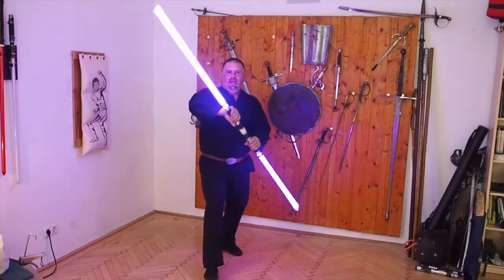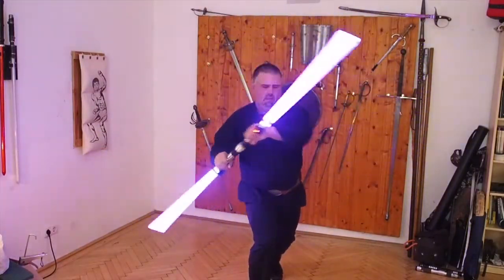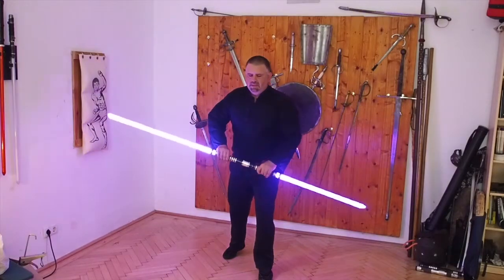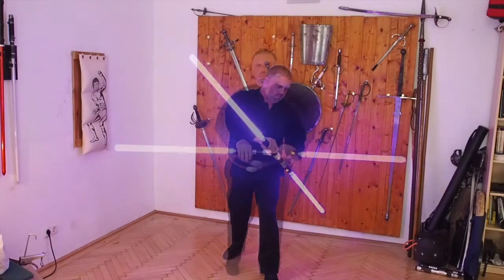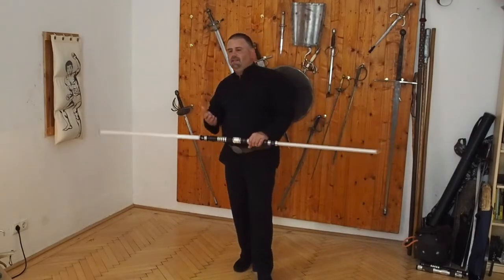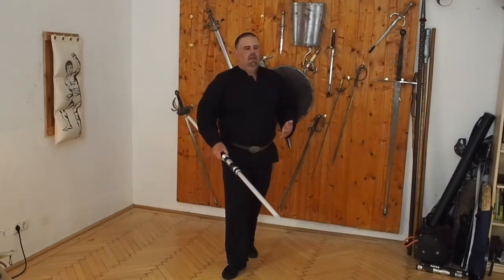So you see, you handle the thing like a paddle, keeping it mostly in front of your body. The drawback is that it is really predictable, because each time one blade attacks, the other will inevitably go backward. To get around this drawback, because the Saberstaff has an innate weakness, and that is that one blade is always in a fixed position to the other, you have to learn